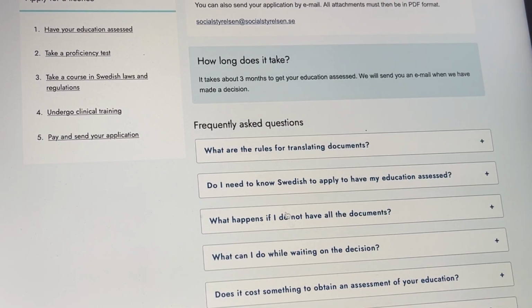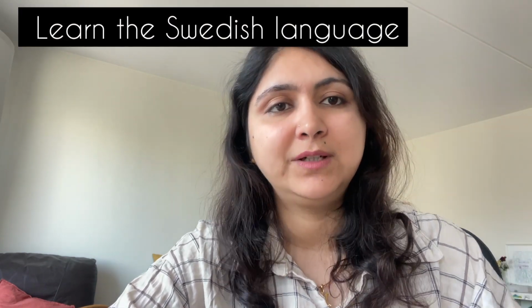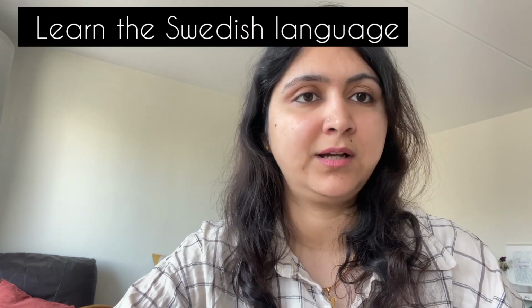ये स्टेप के लिए आपको स्वीडिश आना ज़रूरी नहीं है, सो यू कैन अप्लाई विदाउट नोइंग स्वीडिश ऑल्सो. So once your education is assessed, you have to go ahead with the proficiency test. But before the proficiency test, you need to learn Swedish, and that is a little bit time consuming because you should be fluent in Swedish. Because जो proficiency test होता है, जो knowledge test के नाम से भी जाना जाता है